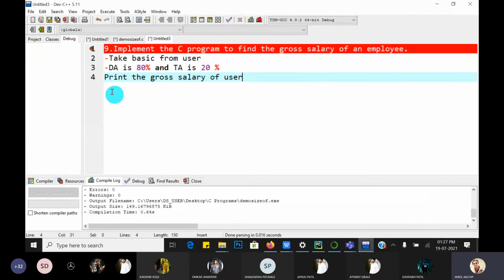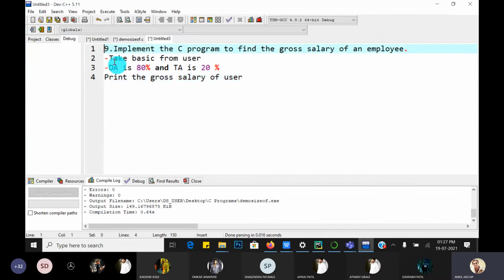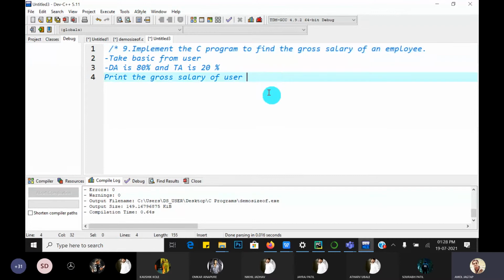Okay, so this is the problem statement. So give the multi-line comment. How to give a multi-line comment? Slash, that is forward slash, star, and at the line where it ends, again give star slash. Guys, this slash is called the forward slash.